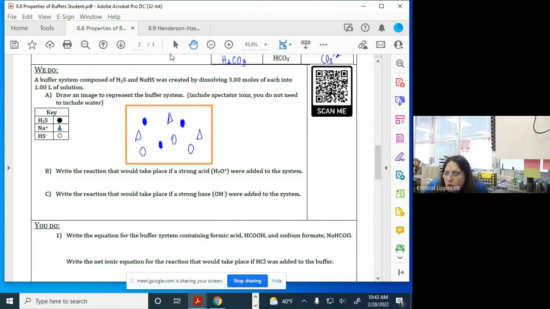All right, so what would happen if we placed a strong acid into the system? Well, if we had a strong acid, we're just going to represent that with H+. That is going to react with the HS-, and that's going to form H2S and leave